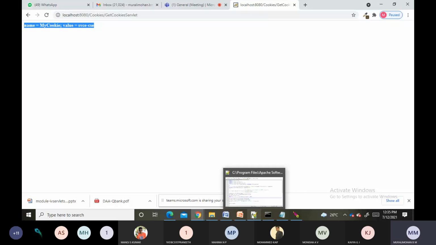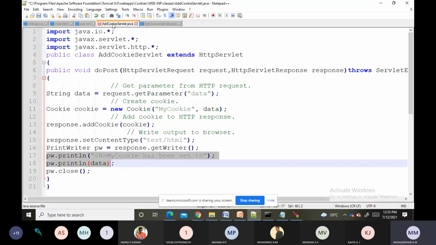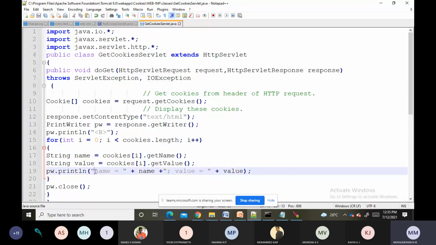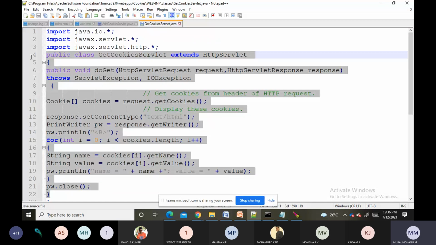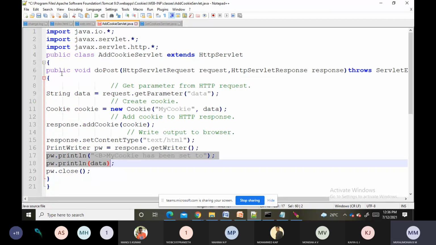See, the first time we executed the AddCookieServlet.java file, and there we got that MyCookie has been set to SVCE-CSE. Now we are executing the GetCookieServlet, and here we are getting name is equal to MyCookie and value is equal to SVCE-CSE. Right. So this is a servlet program to read a cookie, and this is a servlet program to set a cookie.